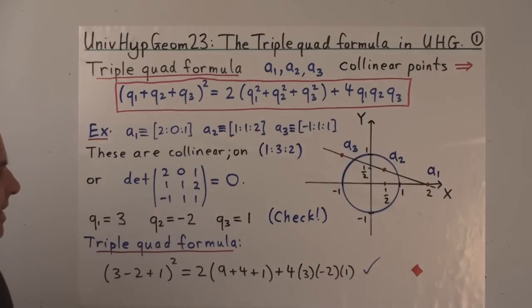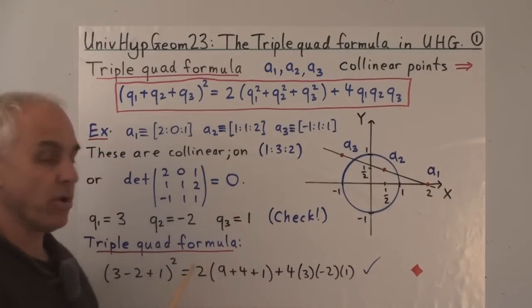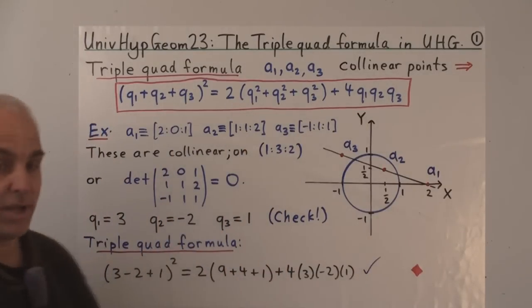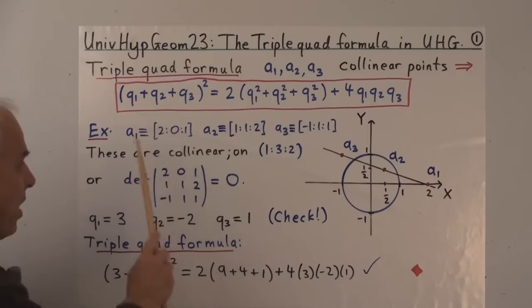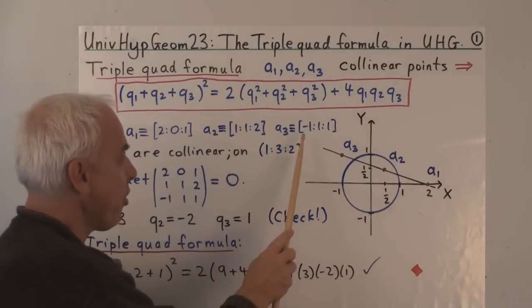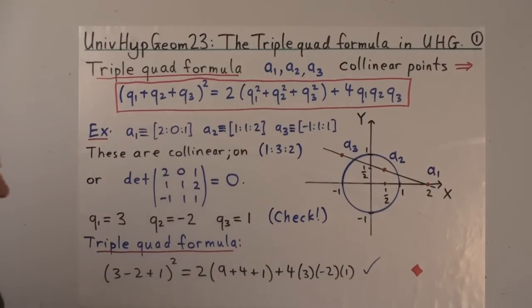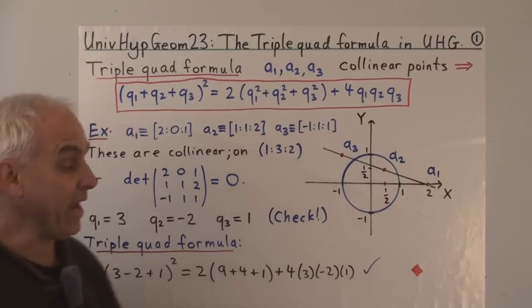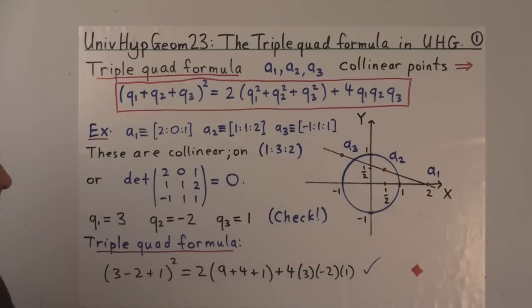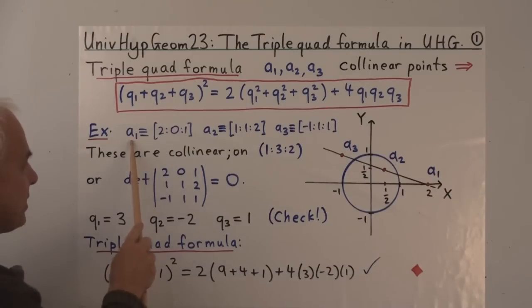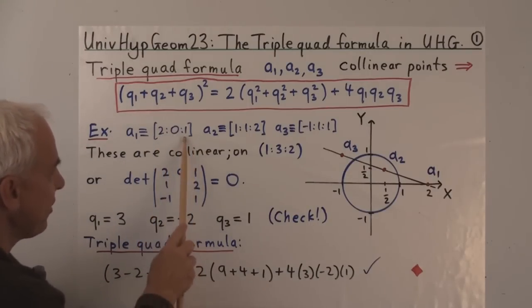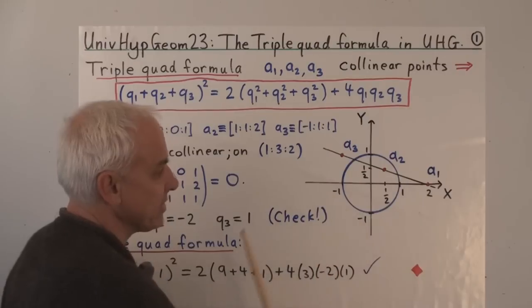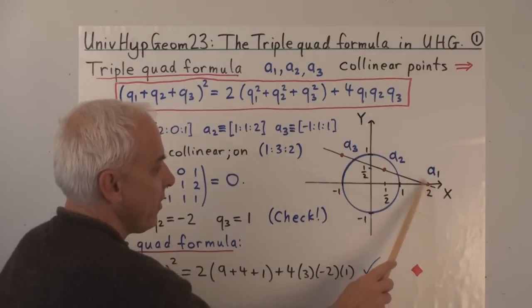Let's start today by illustrating how this actually works in a concrete example. So here are 3 points which are collinear: the point 2, 0, 1, the point 1, 1, 2, and the point minus 1, 1, 1. Where are these points? When we visualize the points in the plane, like we like to do, because it's a relatively simple two-dimensional picture, then A1 is the point 2, 0, because the Z being 1 means that we can interpret these two coordinates as being the ordinary X and Y coordinates. So 2, 0, there's A1 right there.